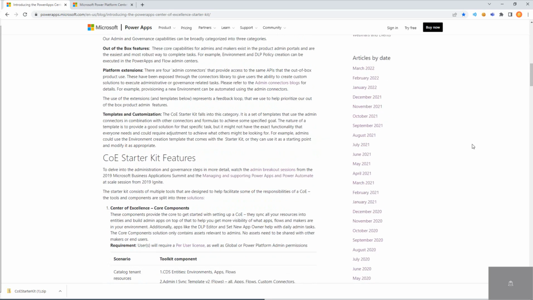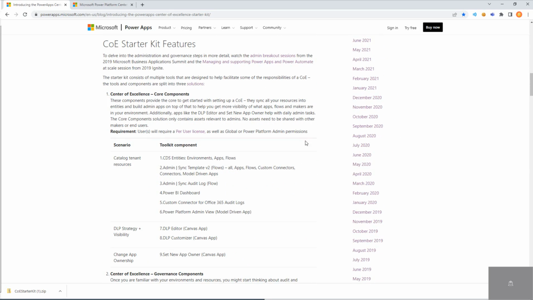There's a number of different details it gets into, but we'll come right on down to the kit features. So what we're looking at is an open source GitHub project we can install to our tenant that gives us more features than out of the box. And this is something that you opt into, that's community driven, it's getting updates and innovation because it's open source. And so while it might not be a native feature in the native menus for everyone, it is a helpful feature that we can opt into